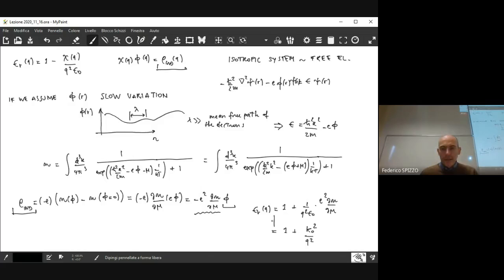So at this point, we have a new expression for the relative permittivity of the system, and that expression was obtained starting from the general expression. This is just due to the use of the general equations that can be used in any case. So this is not specific for the electrons. The connection with the electrons is just due to the use of the actual expression for the electronic density that we have for electrons. And this approach, based on the use of a phi of r that displays a slow variation in space and uses this expression for the electronic density, is called the Thomas-Fermi